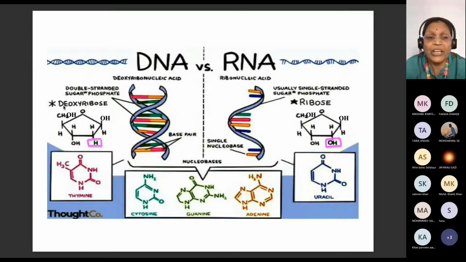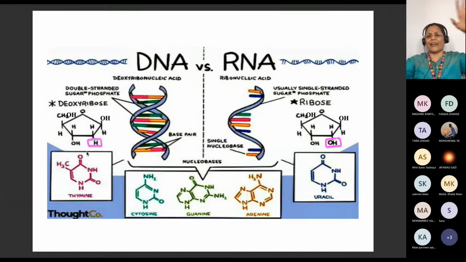Now when you talk about deoxyribose, here the second carbon's oxygen is removed. You can see this pink OH and pink H, correct? In the case of RNA, ribose sugar, we are not removing anything. As it is, we will have OH, OH, OH, CH2OH, etc. Whatever structure we had drawn just now is the same on the left-hand side. The only difference is at the second carbon: instead of OH, you will have H, correct?